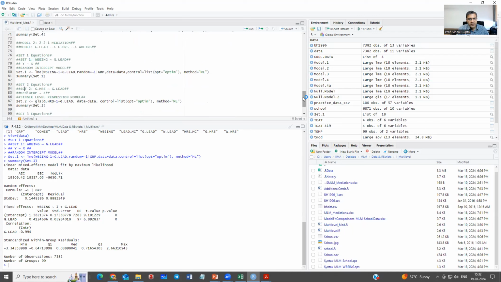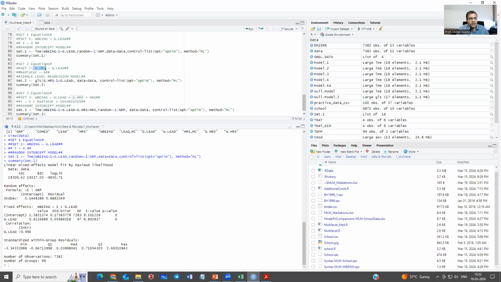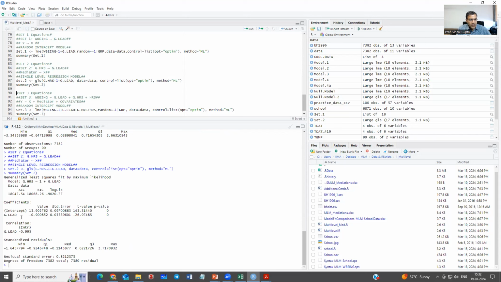Okay, now comes the mediator. G.HRS is regressed on the antecedent, which is x, which is g.lead in our case. This is what I have written here. Mediator is regressed on x. And I have also written that this is a single level regression model. So I write generalized least square. G.HRS is regressed on 1 plus g.lead. Data is equal to data. There is no multi-level here. So when I run this, I get the coefficient g.lead